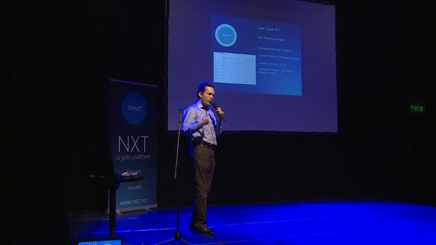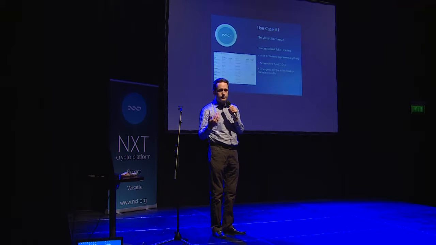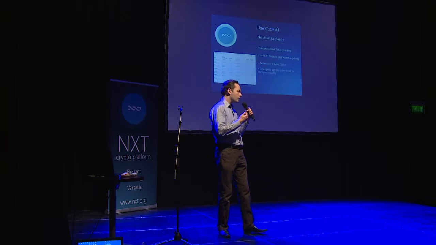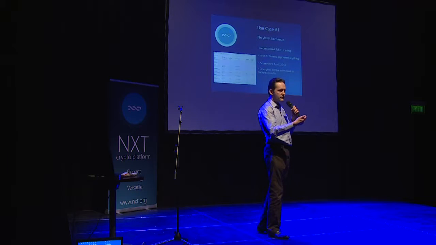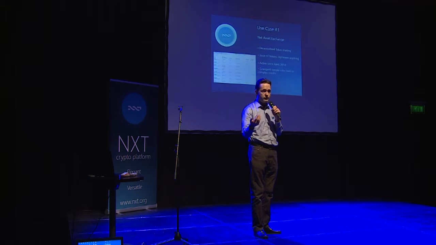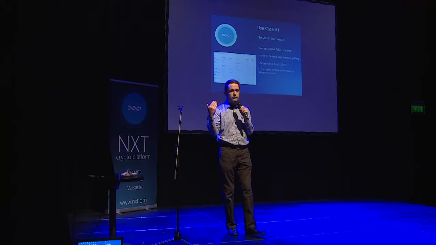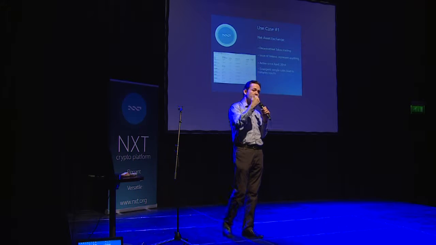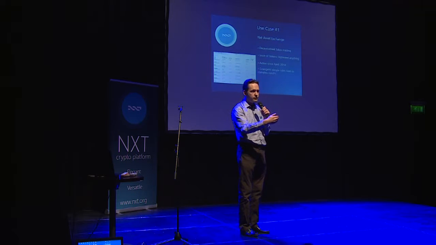On the Next blockchain, one of the main ways that these tokens are used is in what people call crypto shares. So this can be crowdfunded projects where people raise money by selling these tokens, and these tokens then represent, for instance, ownership in a certain venture. And this can be a startup, this can be an existing thing. We have people who have a brick and mortar business who, for a very specific project, raise money with this. So it's a decentralized way of doing crowdfunding, but at the same time also involving the people who are donating to your project.